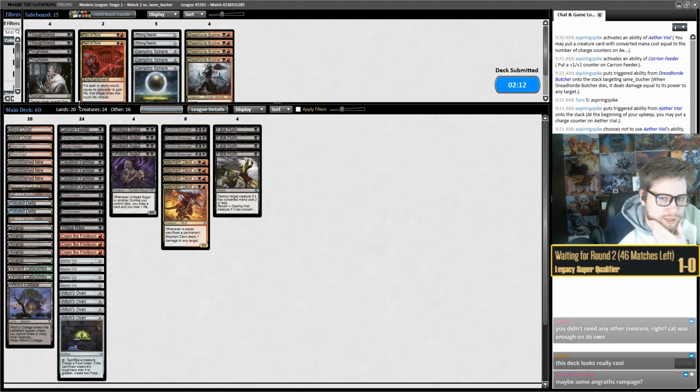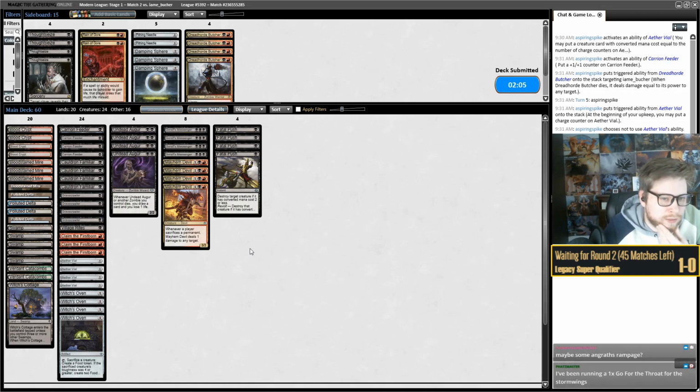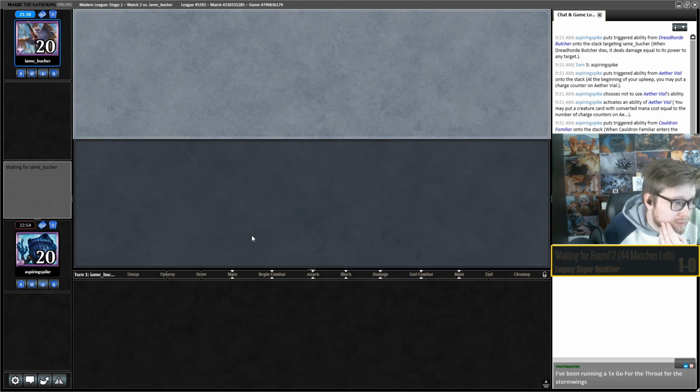Dreadhorde Butcher being a zombie has been pretty nice. Angrath's Rampage, maybe. The problem is they just also play a lot of 1 toughness, one mana creatures to sacrifice. Yeah, Go for the Throat as an option for sure. It's probably a pretty good option. Doesn't kill Bomat, which is actually kind of a problem, but